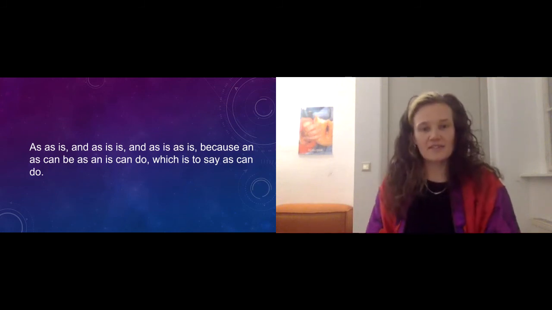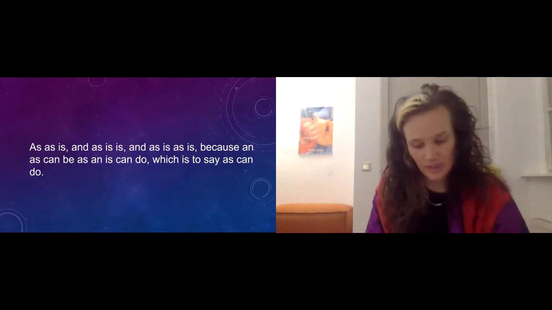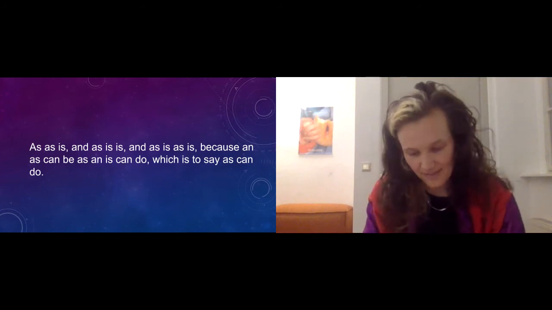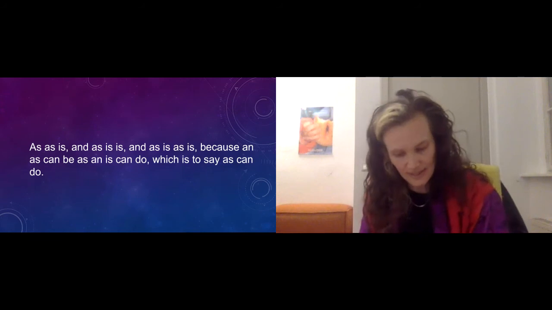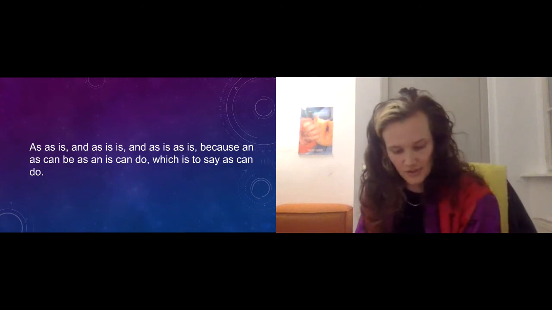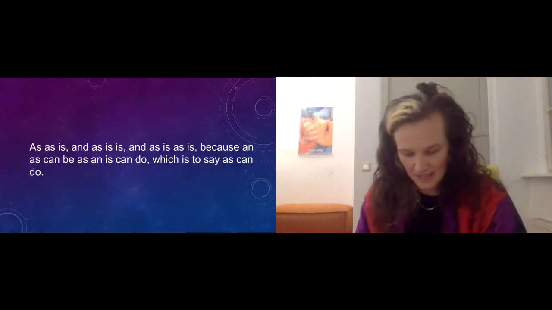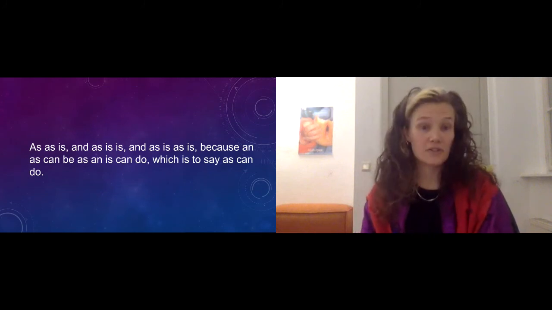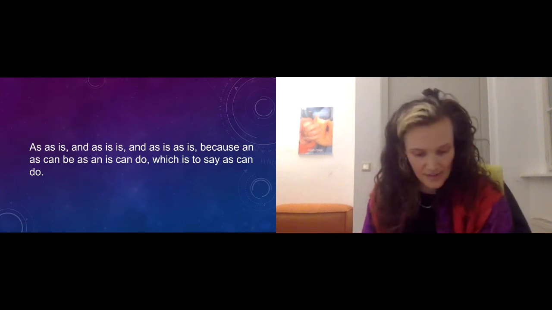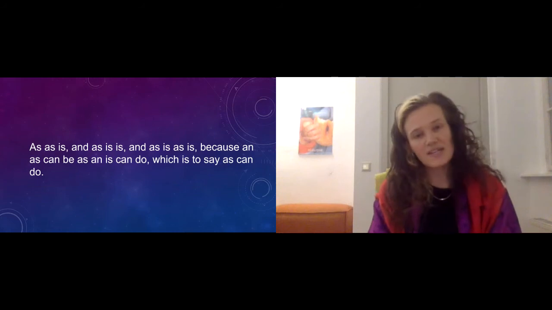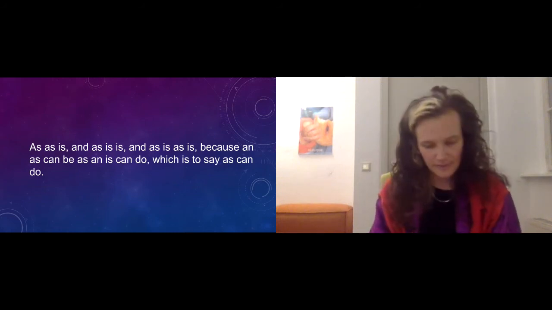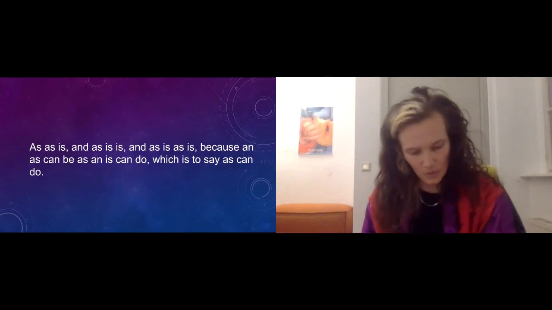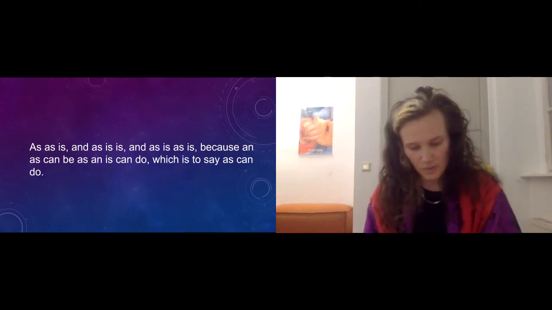So all that sentence is attempting to do is to place the movements of "as" and "is" side by side to demonstrate that they might be analogically related. And in doing so, there is a suggestion that "as" may acquire the status of a verb, as can do. "As" is more ontoepistemologically fluid than "is." It permits an understanding of categories as mobile and shifting, resists finality, and ultimately constitutes an opening rather than a closing of terminological boundaries.